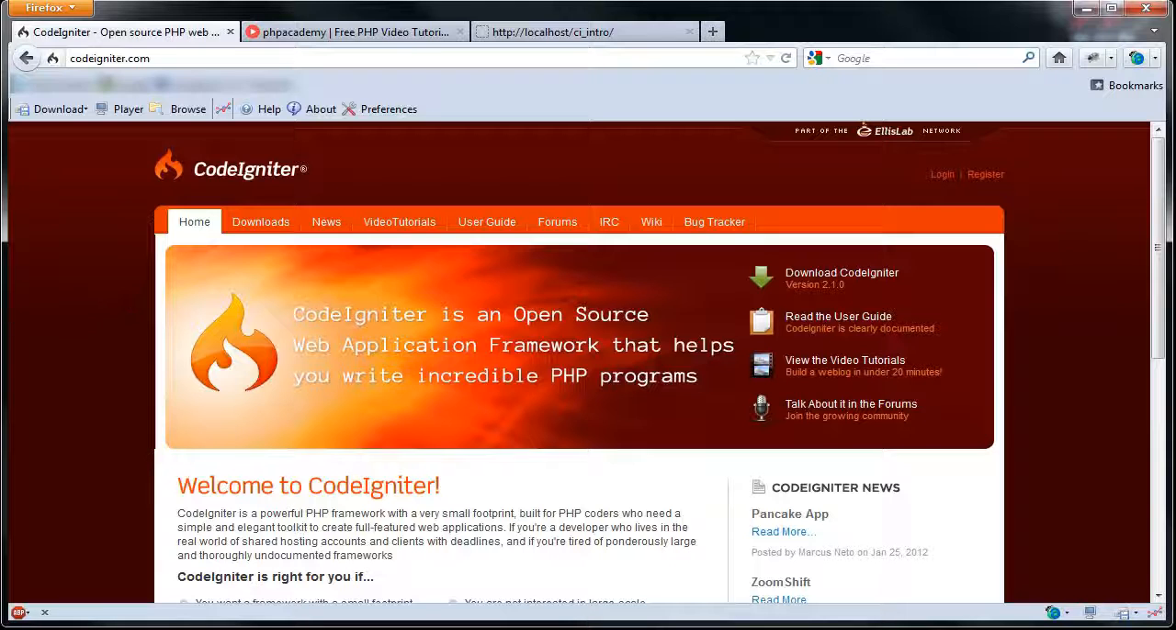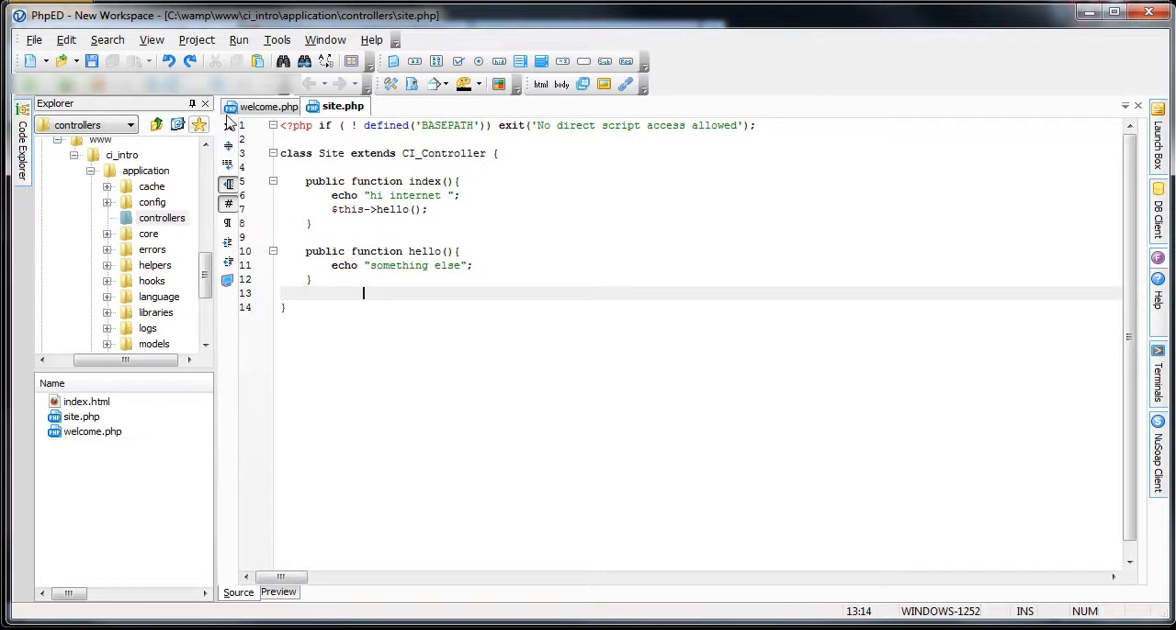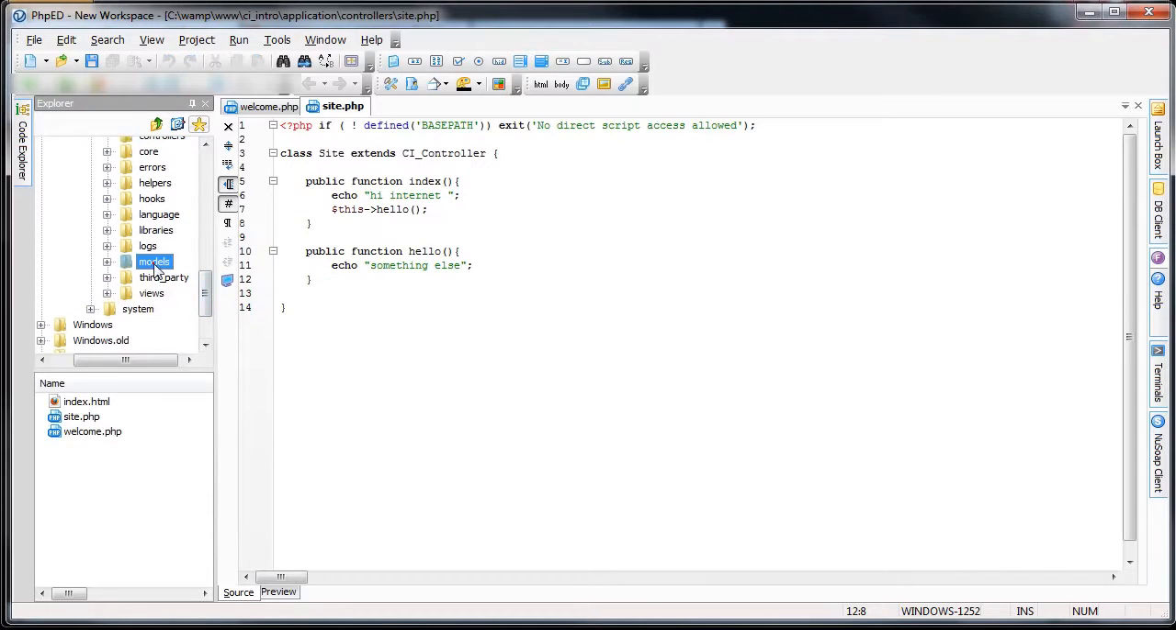In this video we're going to talk more about models, how to use them, how they work. Let's get right in. Let's begin. So here's our controller that we made in the first video called site. What we're going to do first of all is go into the models folder